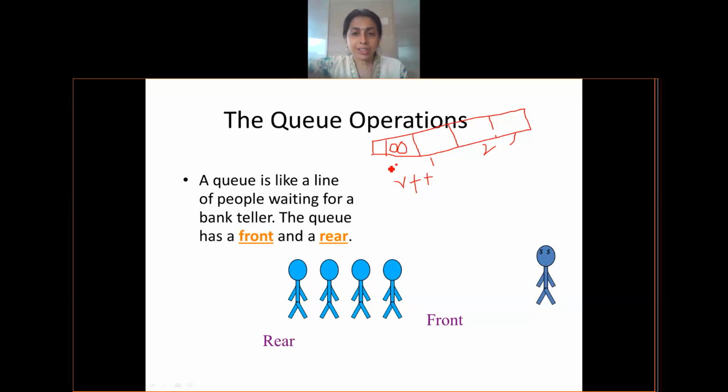Let's suppose I will continue insertion. I want to insert 200. So rear gets incremented. Front will be at 0 itself. Rear becomes 1. Let's suppose I want to insert one more element, 300. After I insert 300, where will be front, where will be rear? Front will be at 0, intact, unchanged, and rear will be at 2. At this point,